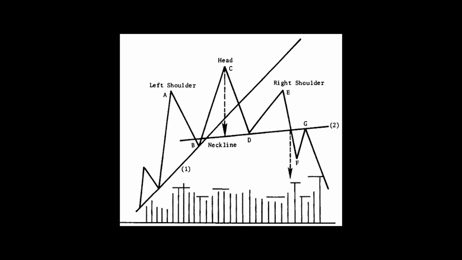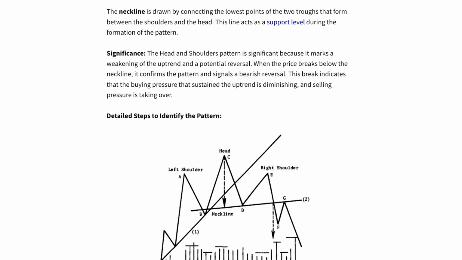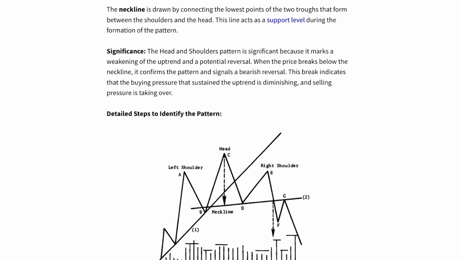That represents the highest point in the pattern, followed by another decline. And then you've got the right shoulder, a third peak that is lower than the head, but similar in height to the other shoulder. And then you have what's called the neckline. Here we have it drawn out. The neckline is below the two shoulders. And this line is significant because as the pattern reverses and the stock comes down and crosses this neckline right here, that is an indication that the reversal is in place